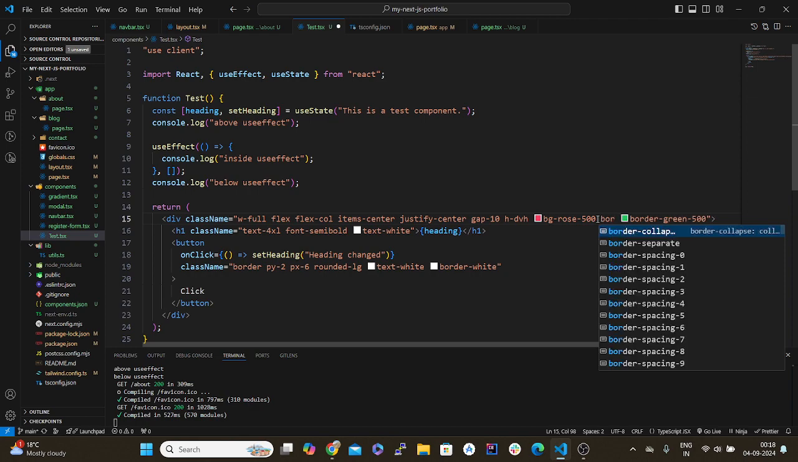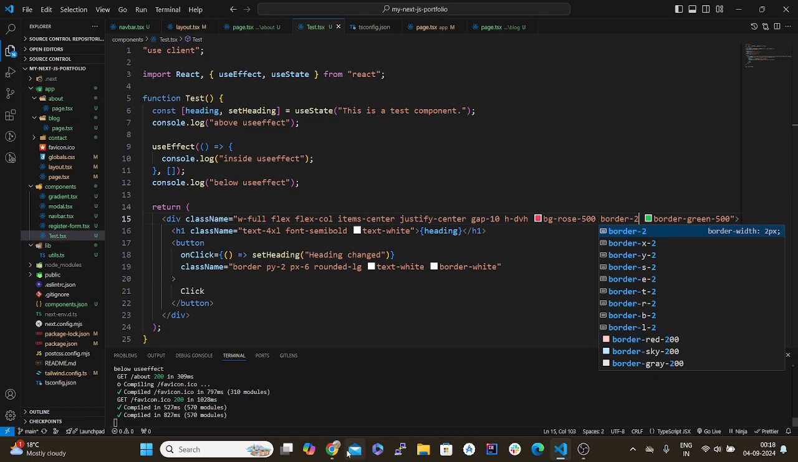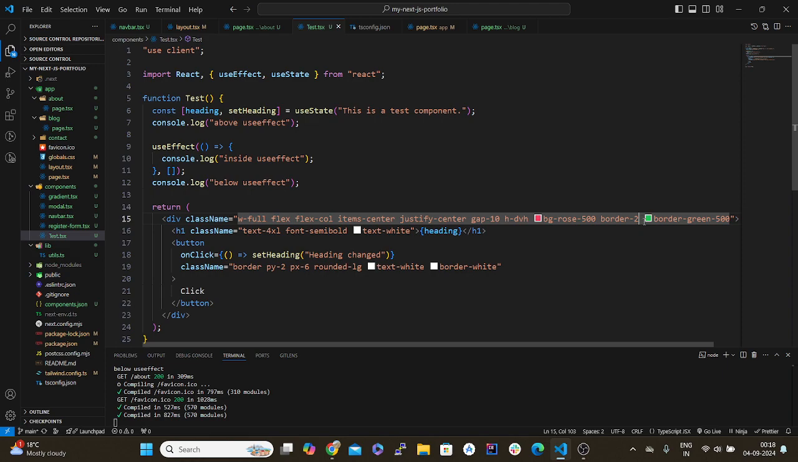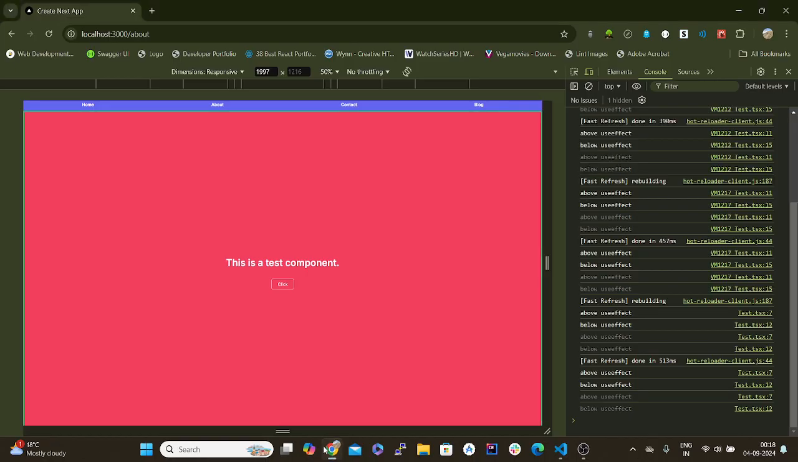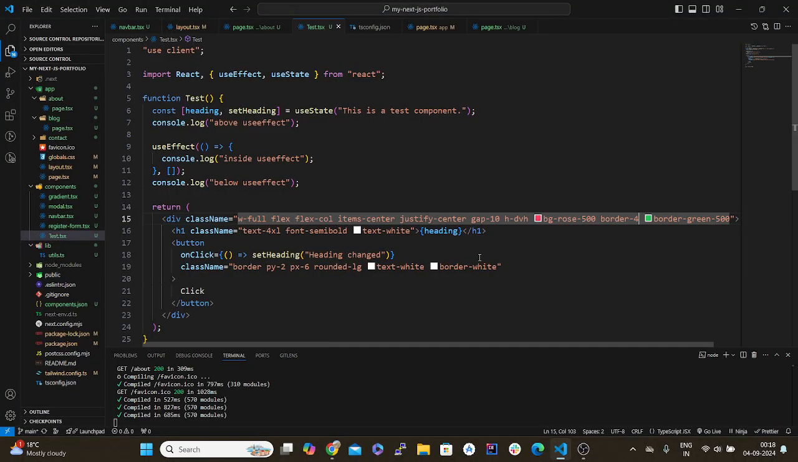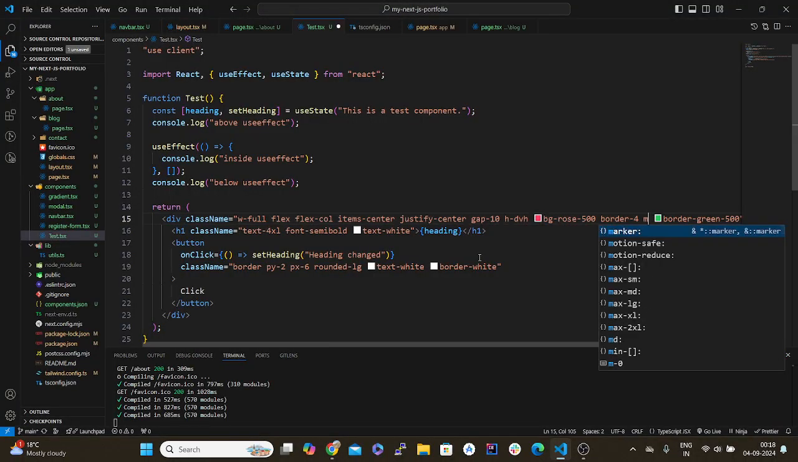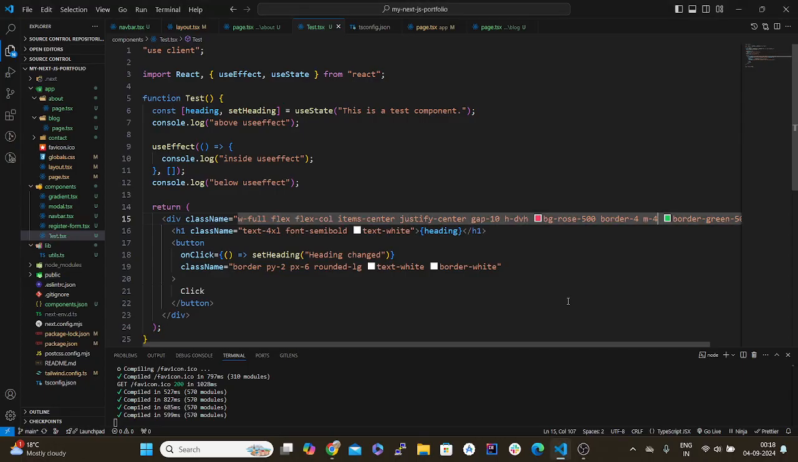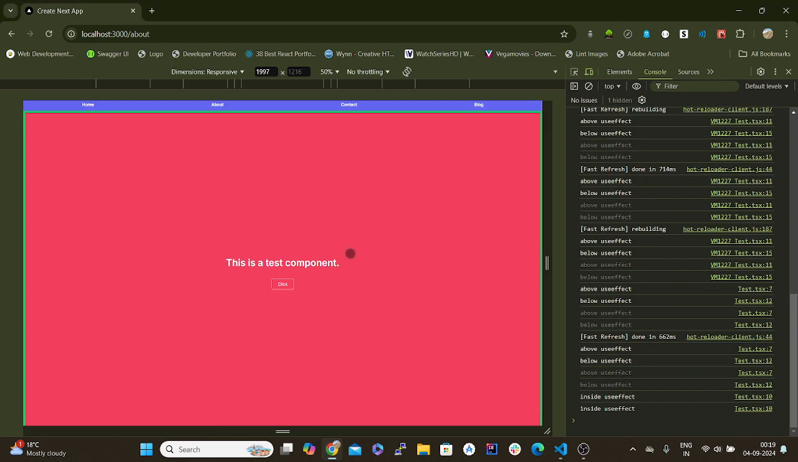Border width. Border width of 2. It's not quite visible. Let's give 4. Let's give it a margin to make it 4. No, it has messed up the styling. Let's give it a border of 8. Okay, as you can see,